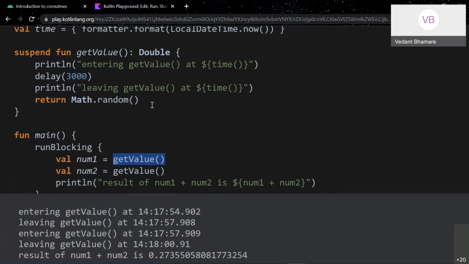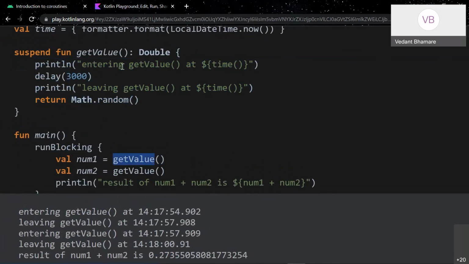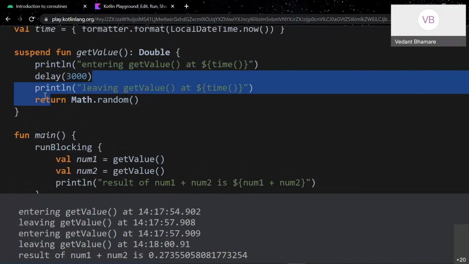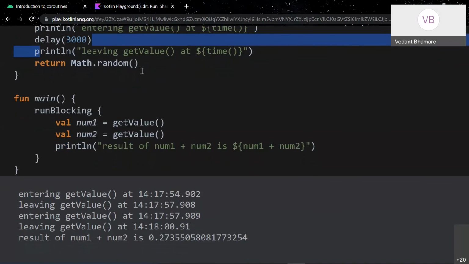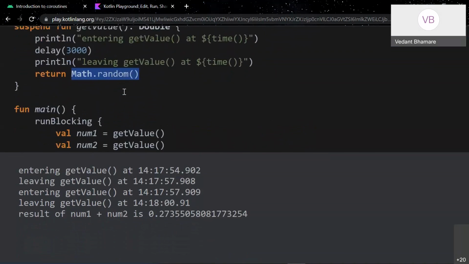Here we have logged what is happening. Whenever this is called, ideally it should first print entering getValue, print the time, then wait for 3 seconds, then leave the getValue function, and then return the random number. That is how it should ideally happen.